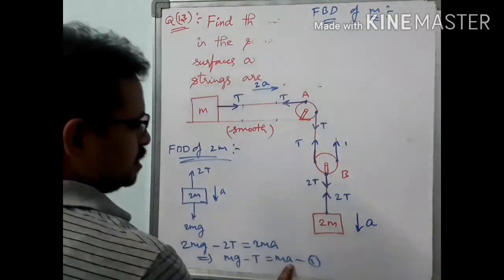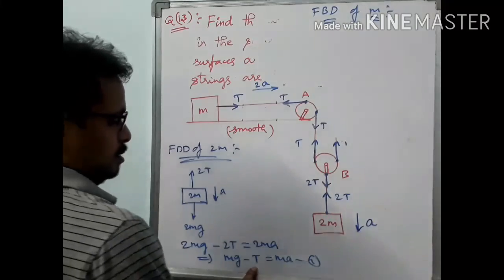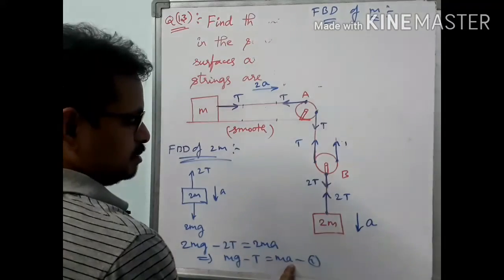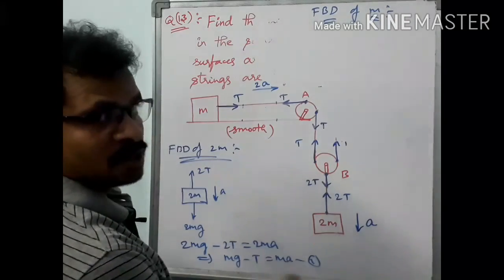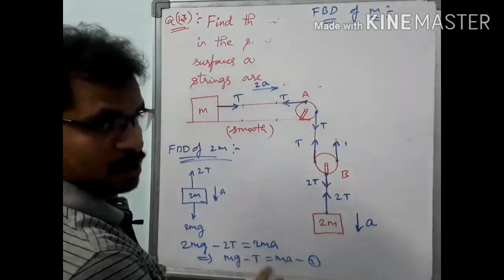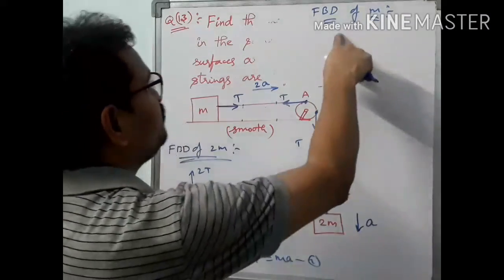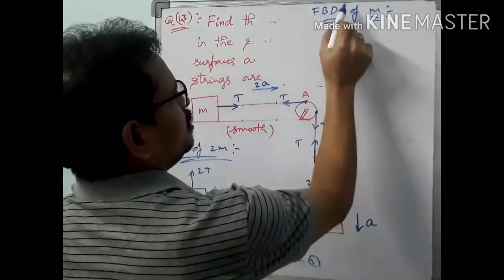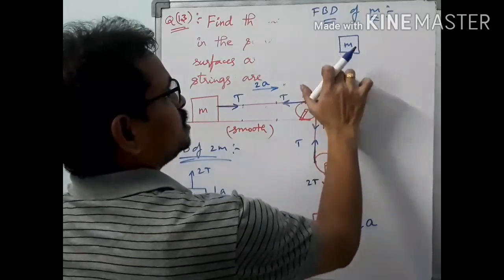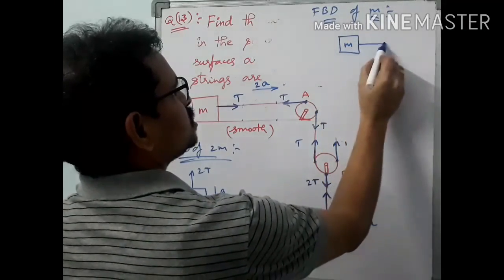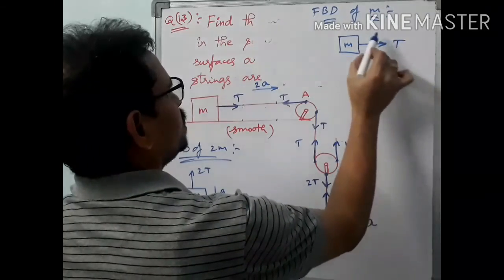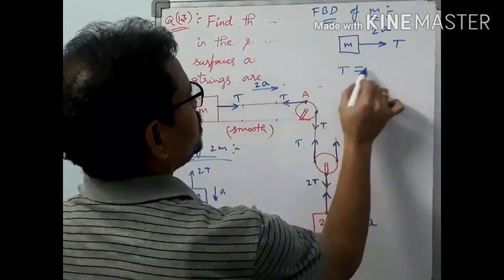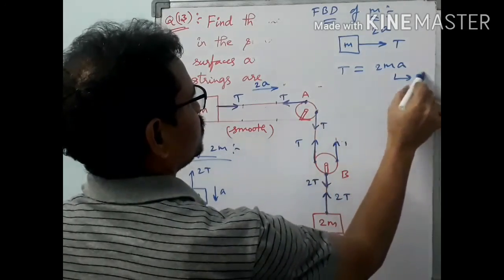See, our target is to find the acceleration, and we are not interested in finding this tension. So here in this equation two variables are there. a is one variable, T is one variable, that is an unknown quantity. So one equation alone is not sufficient for us. So we do require one more equation. So we are using the FBD of this block also. So this is M. Normal contact force and gravitational force are not needed here because this acceleration is purely horizontal. So this is T and this acceleration is 2a. So what is the force equation here? T equal to 2ma. This is equation 2.